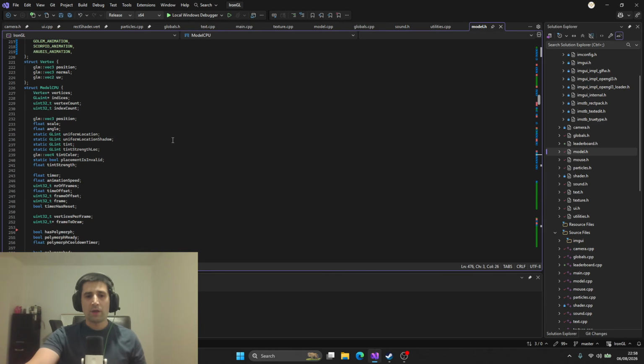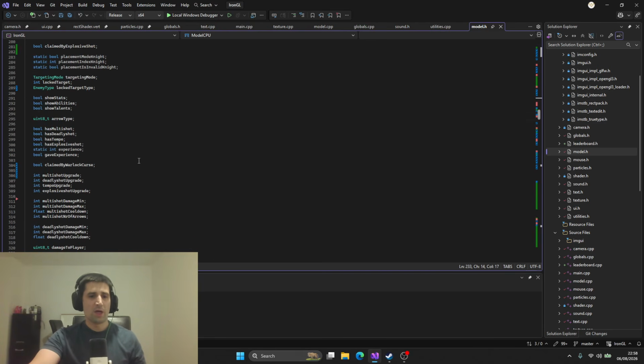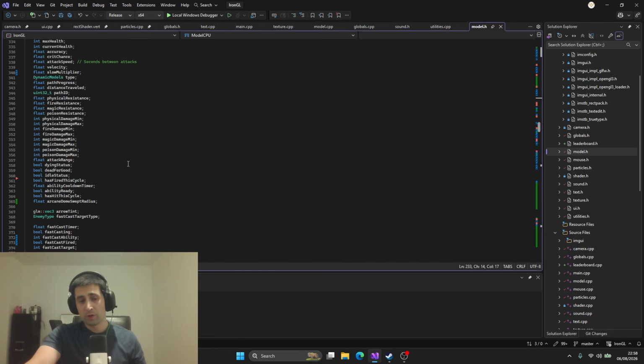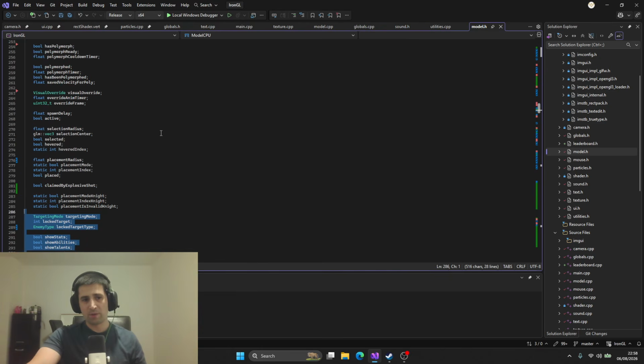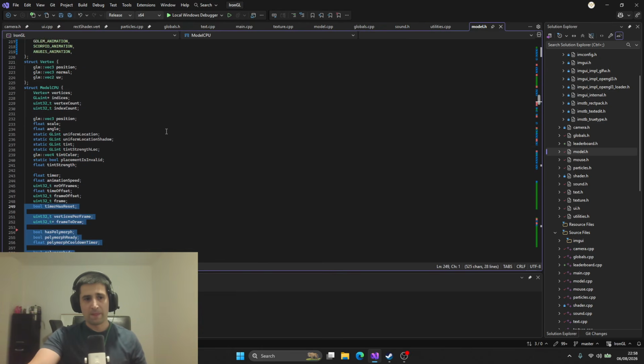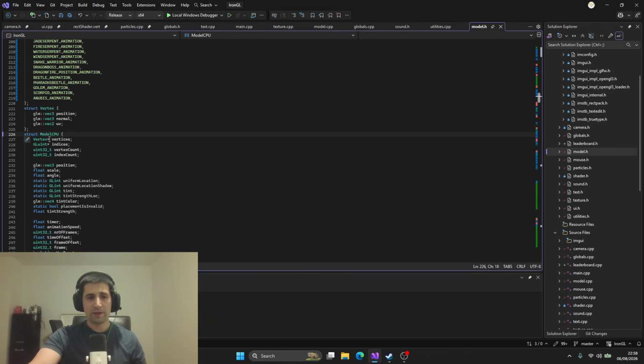So basically, every unit in my game, be it a goblin, an archer, the paladin, any type of monster or enemy, has this struct. So this means that half of this struct, or even more, doesn't apply to that enemy in particular. There's a lot of members that make no sense. And despite this, I still chose to use one struct instead of several structs, and the reason for this is